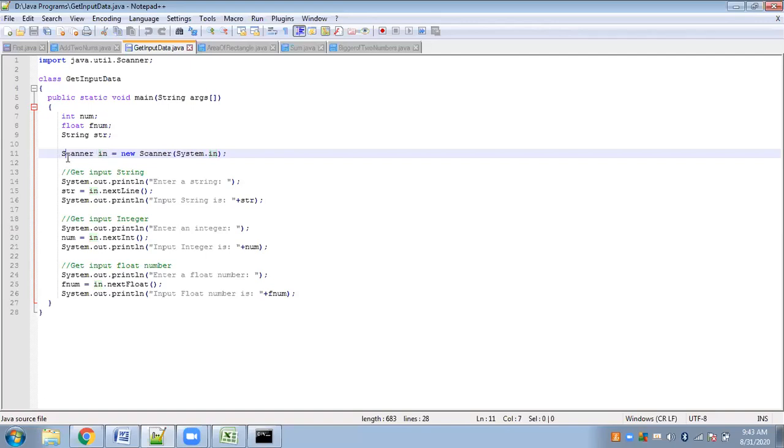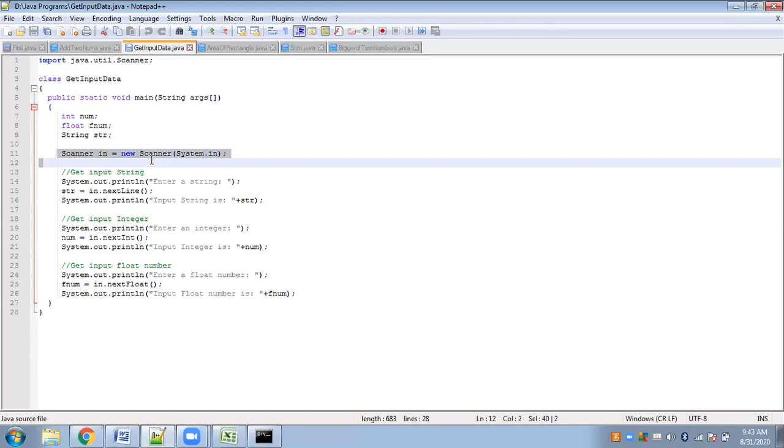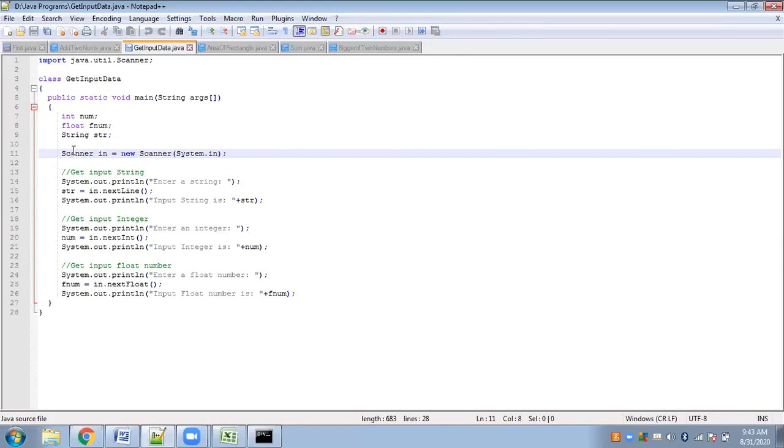Just remember the syntax of how to declare an object of the Scanner class: class name, followed by the object name, equal to new Scanner. Here new is a keyword which lets us create the object. Scanner is a constructor.